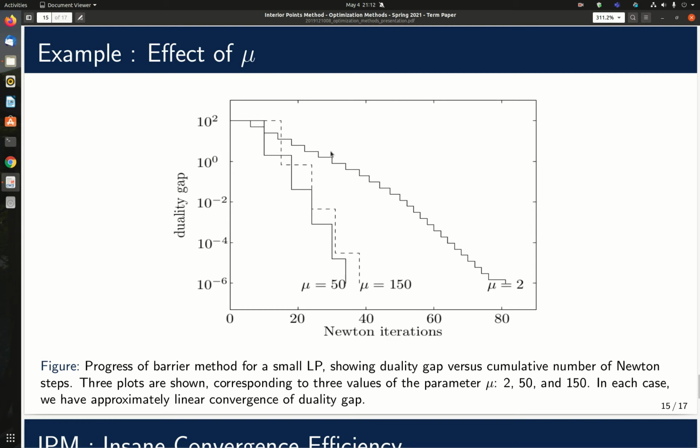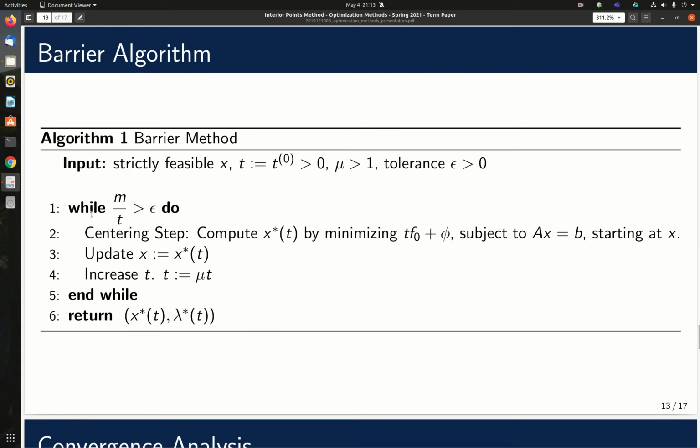There are step-like structures here. The width of each step on the horizontal axis represents the number of iterations for each recentering of the x value in the right direction, and the height of each step represents how much the duality gap is reduced after one outer iteration. By outer iteration, I mean one while loop iteration.